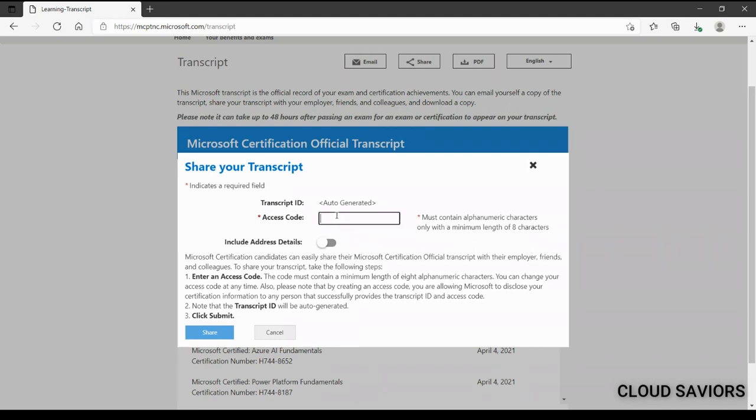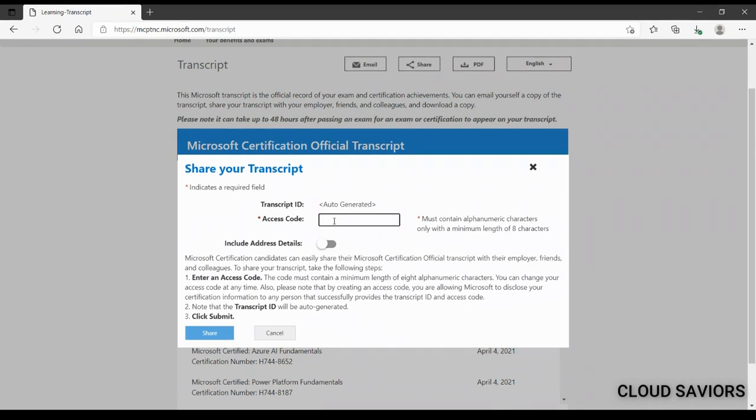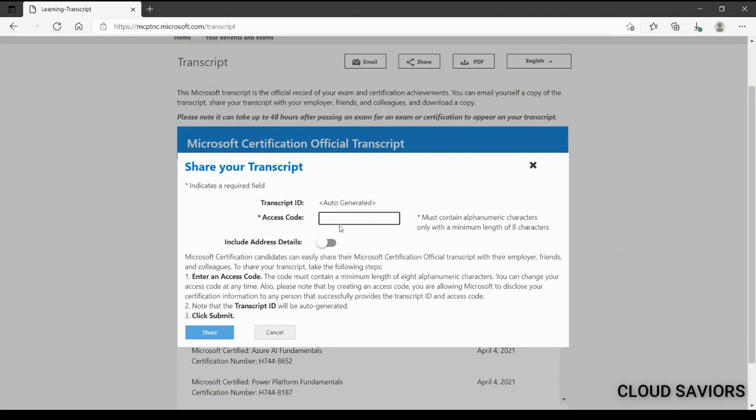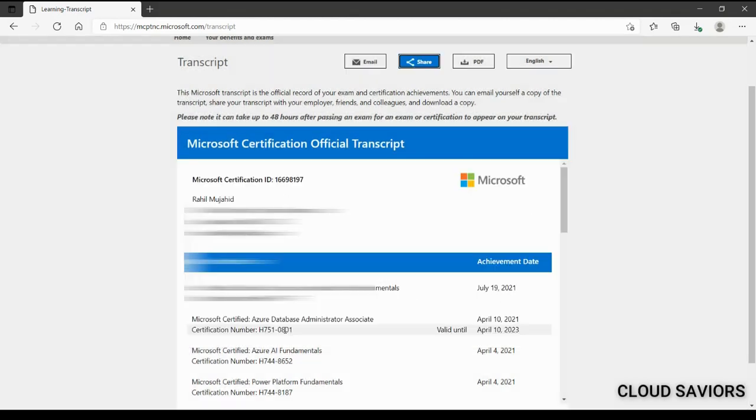The advantage is you don't have to download anything, use any email, or store anything. You just have to provide one transcript ID and access code, and people who have this ID and access code will be able to see your certification journey on their system as well.